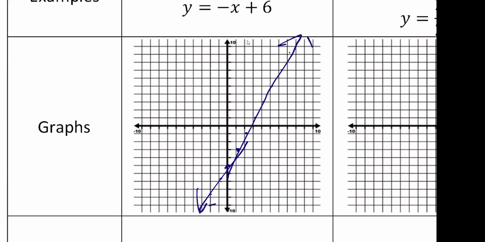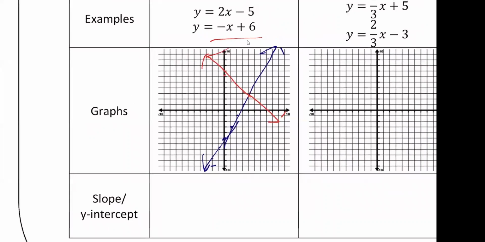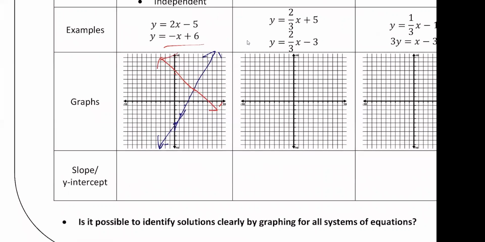For my second line, I'll do it in red. So it starts up at 6 and it goes down 1 over 1. And you would, oh, it should actually cross here, did I? I think it's actually like a fraction or decimal. We're not really worried about the true solution, but if I did that right, it didn't look like it crossed at a nice point, where they both had a point. So I could be wrong about that,